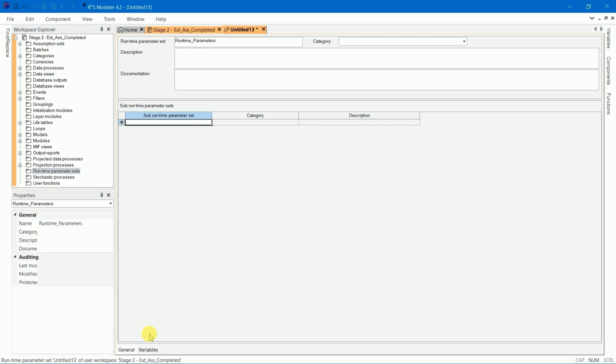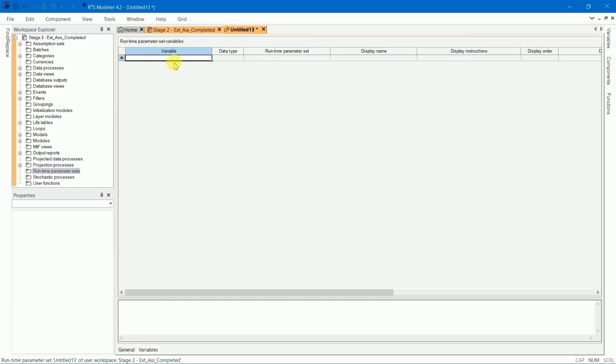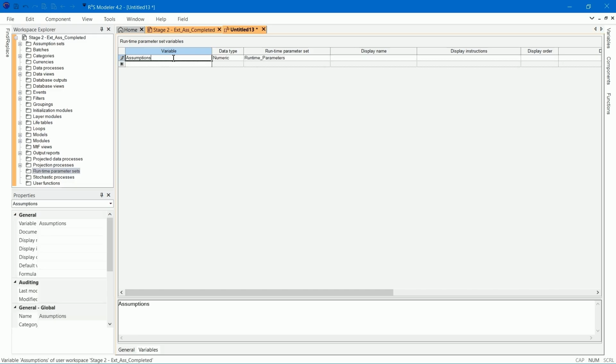Go to the Variables tab. The first runtime parameter set variable we'll define is assumptions_location. The data type is character. The display name is file location of assumption spreadsheet.